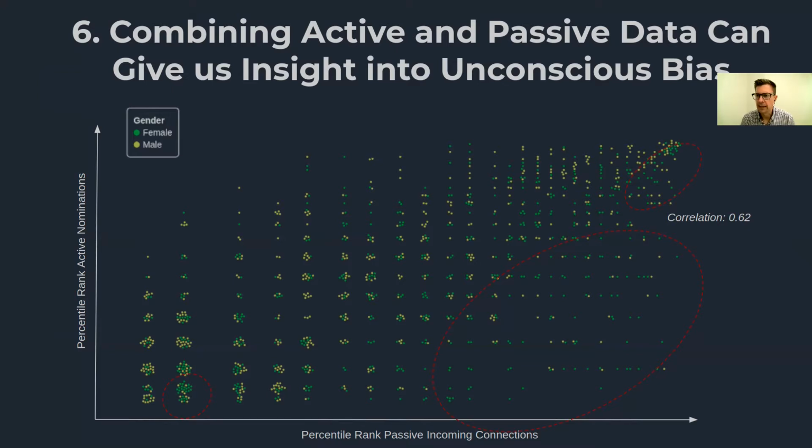We can, again, dig into this data and ask, is this more true in terms of the active versus the passive nominations for some attributes that represent different measures of diversity in our organization, or in some parts of the organization, locations or divisions and so on? And also, how does this change over time? So there's a lot of really interesting insight and analysis that you can do around that. So that's the last slide that I have to go through. And now we'll go into the panel discussion.